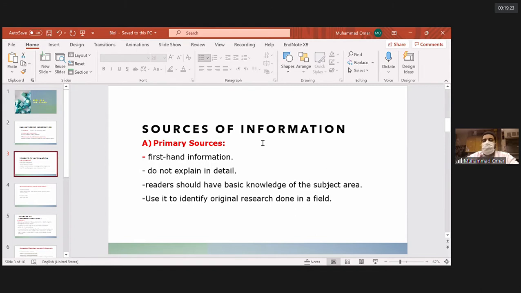For example, if I'm working in cancer biology and I am looking for a paper who is